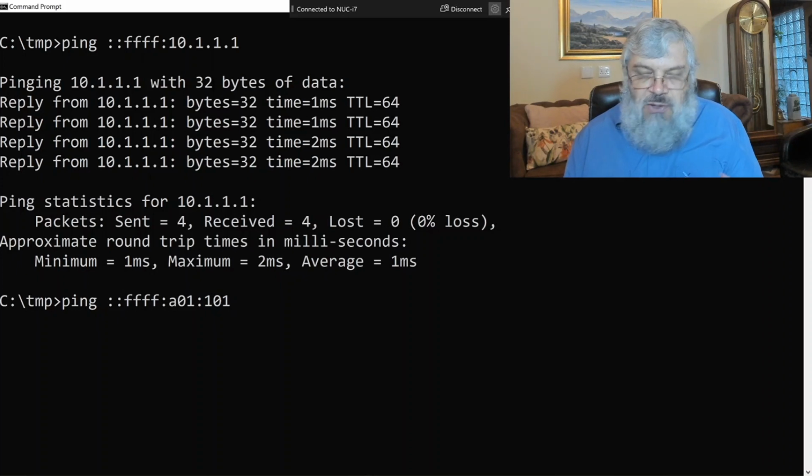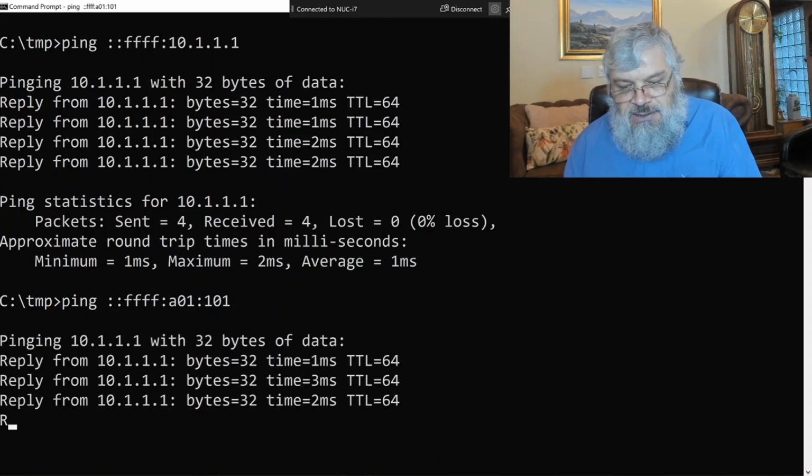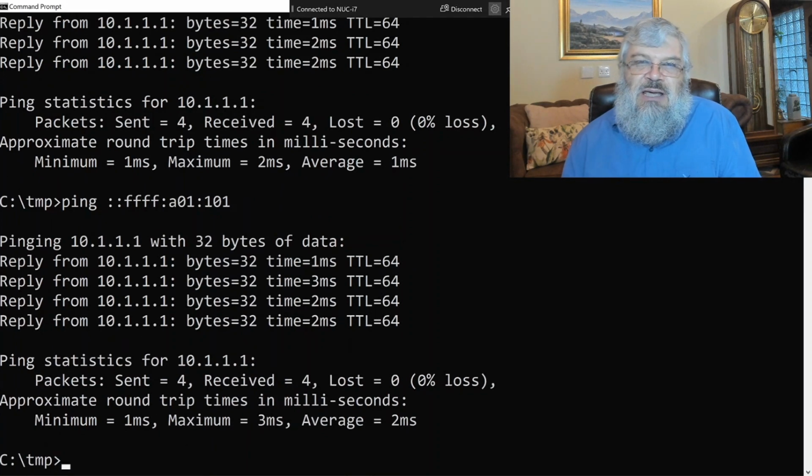I've used colons here, no dotted notation, and what you can see is I'm getting exactly the same responses back. So it doesn't really matter how I'm encoding it, whether I'm using the dotted format or whether I'm using the colon hexadecimal format full out.